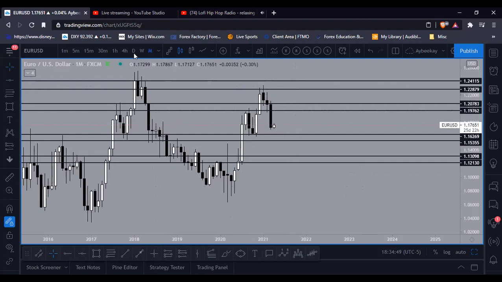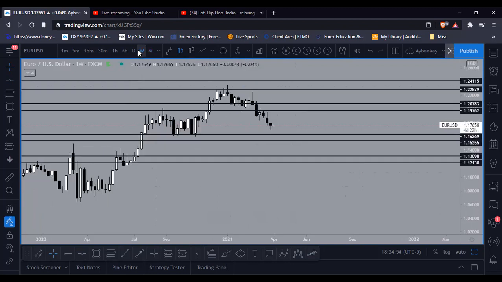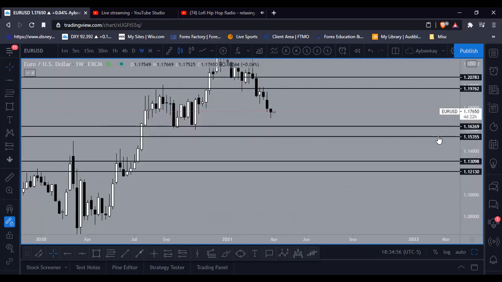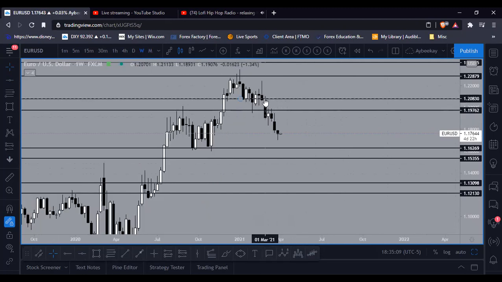I don't like just doing a naked top down analysis for myself all the time, because I want to see what I've been looking at in the past without having me looking at my past analysis, if that makes sense. All right, so Euro USD weekly time frame again, and we have this bearish engulfing candle